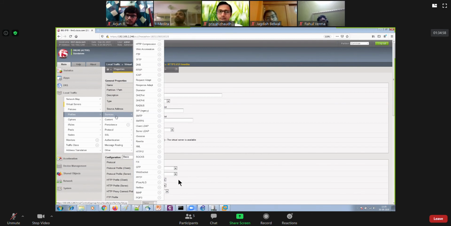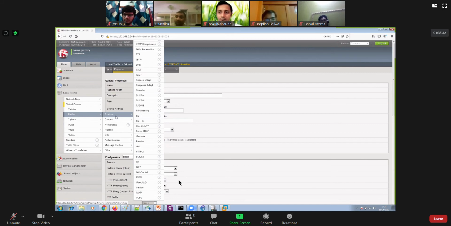If you want your BIG-IP to inspect your data at layer 7 for HTTP, you have to have an HTTP profile in place. If you want your virtual server to support FTP, you have to have an FTP profile in place. If you want your virtual server to support HTTP version 2, you have to have an HTTP version 2 profile in place on your virtual server. If you want your virtual server to perform HTTP compression, then an HTTP compression type of profile must be in place.